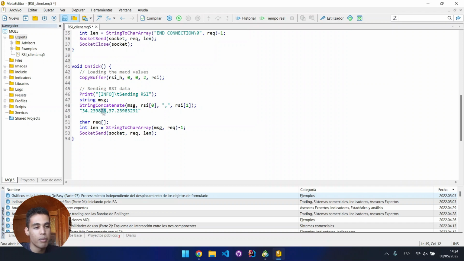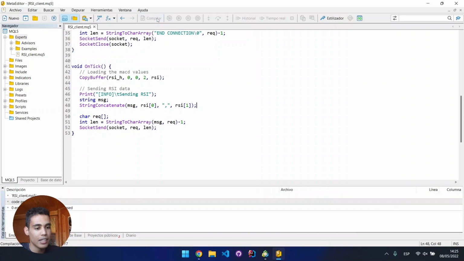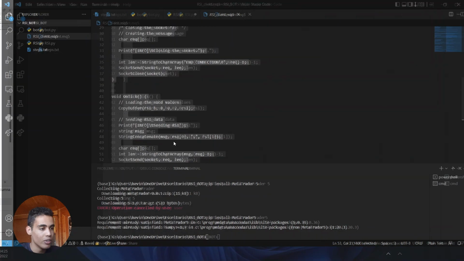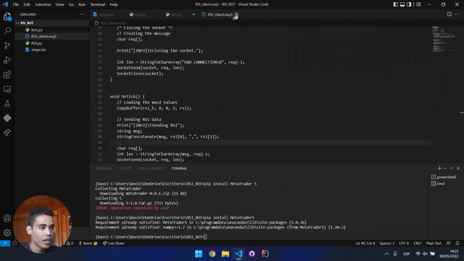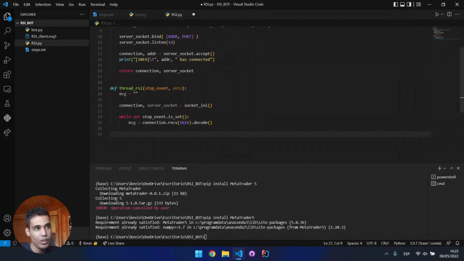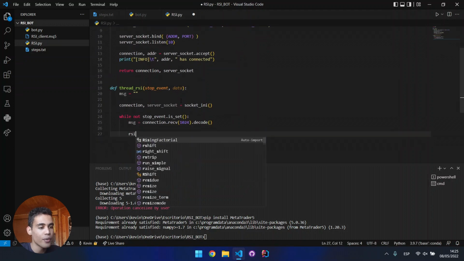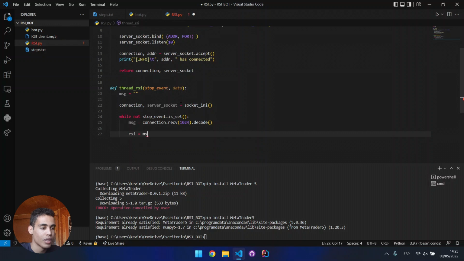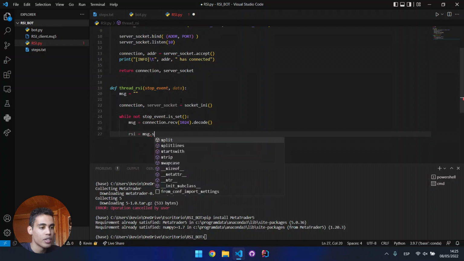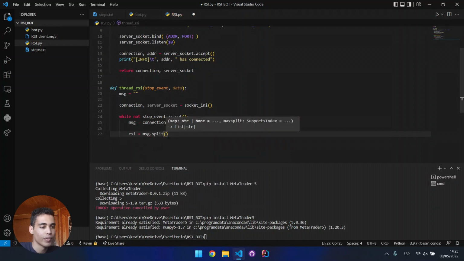Both values are separated by this comma. So that's what we are sending here. So we can actually compile this, leave this here for now, and if we come back here to the RSI module, knowing that we have this, we can create a variable called RSI in which we are going to receive that message,